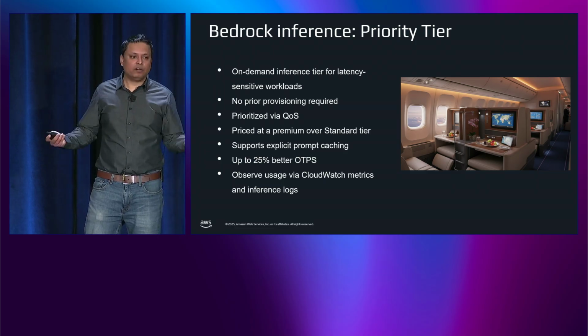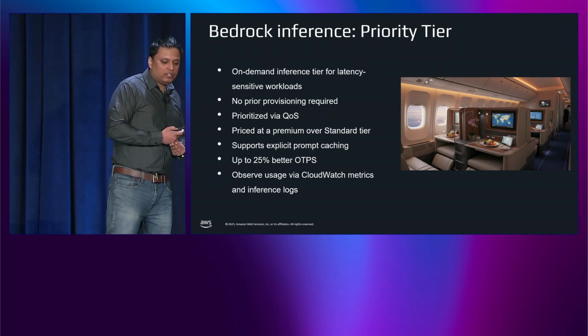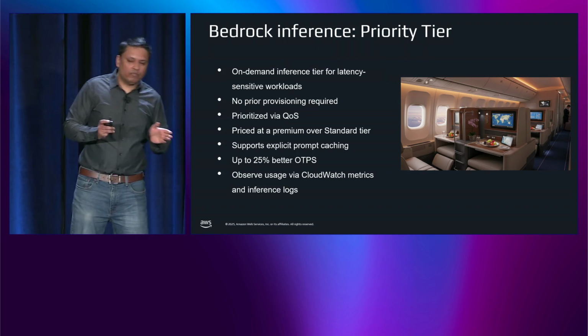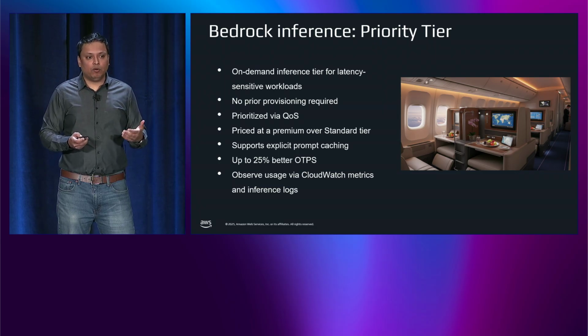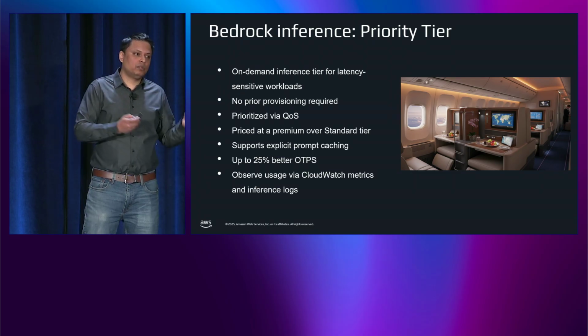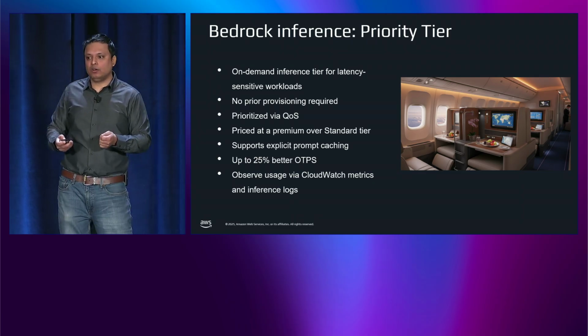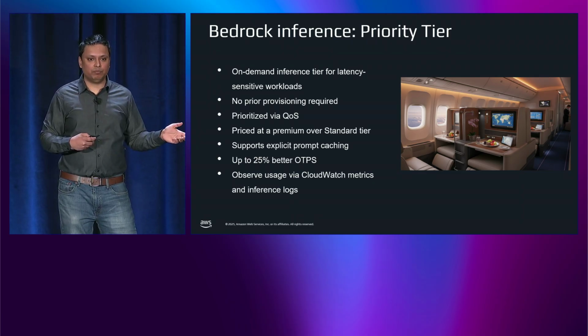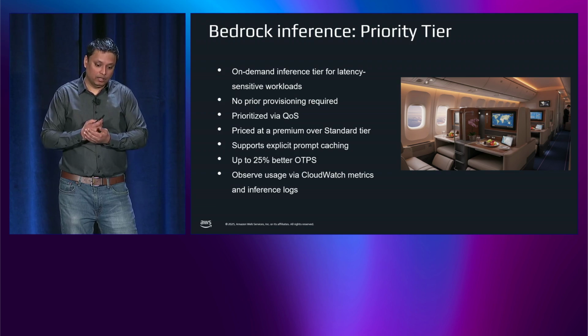It's for spiky, sporadic traffic that is still important, and you cannot tolerate multiple retries or throttling. It is priced at a premium over standard tier, somewhere around 75% to 100%. So you are going to pay more per token, but hopefully your use case justifies that kind of premium. In the example I gave, if the customer goes away because your check processing fails, there might be downstream implications of a customer loss for that new generation bank. You lose that customer, it's much easier to pay the premium than deal with the other implications.